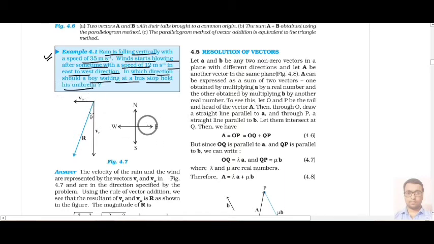So here you try to understand, we have 4 directions: east, west, north, south. Rain is falling vertically, means this is the direction of rain, and this vector VR is given by magnitude 35 meter per second. Then wind starts blowing from east to west, means in this direction your wind blows. Then magnitude of wind velocity is 12 meter per second. Now we want to add these two vectors, first side of the parallelogram and second side of the parallelogram. The diagonal of the parallelogram will be this one.